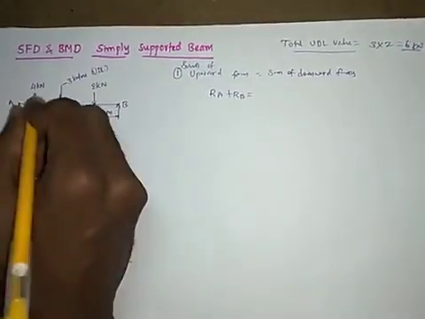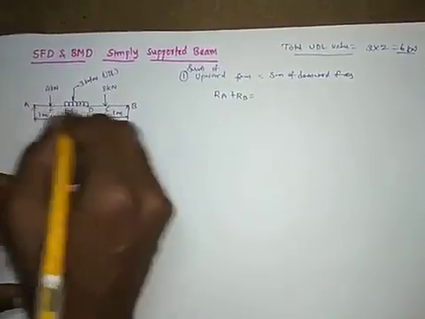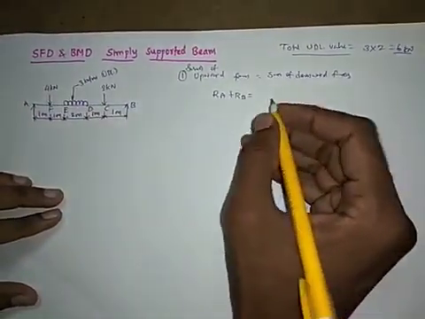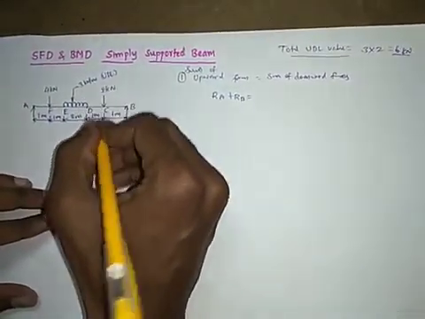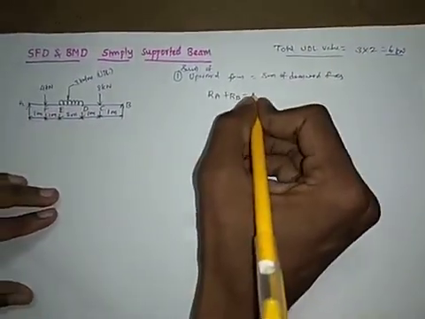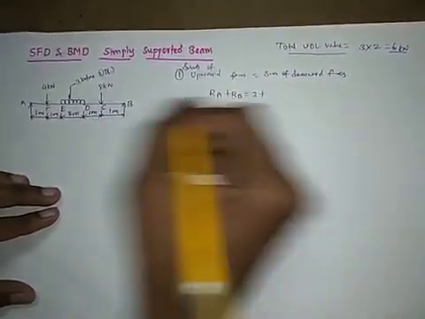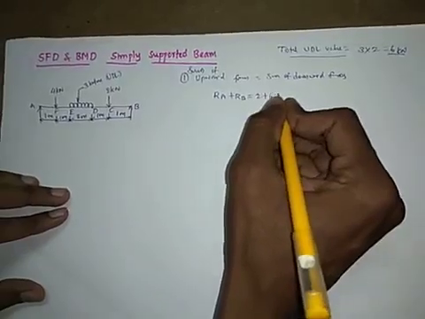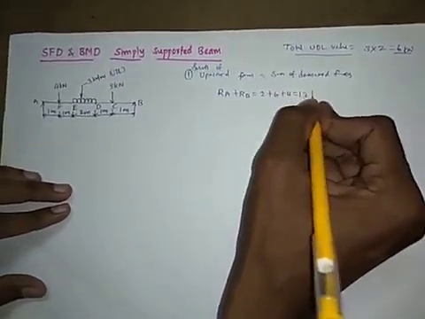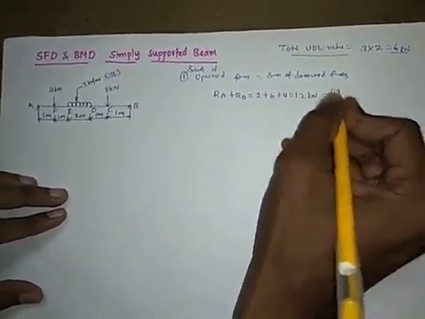And here, 4 kilonewtons point load. So 2 point loads and 1 UDL value are given. So the downward forces, all these forces are going downwards. So it is 2 plus, the UDL value is 6, plus 4. So this is a total of 12 kilonewtons. So this is, suppose, equation number 1.